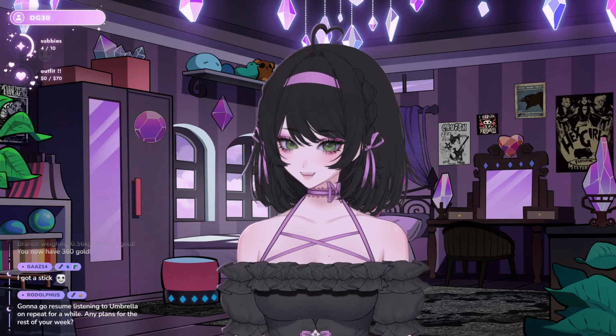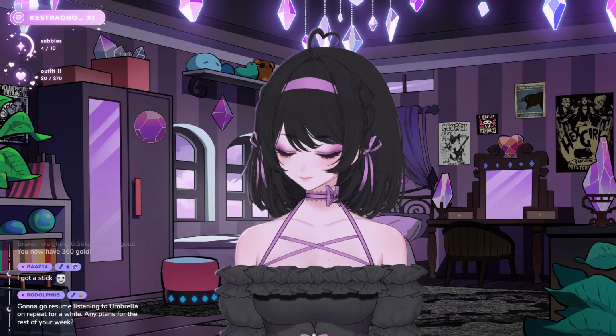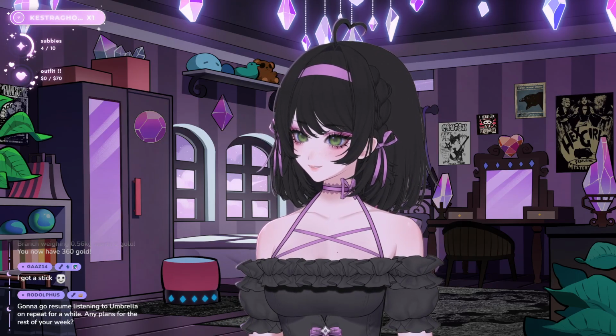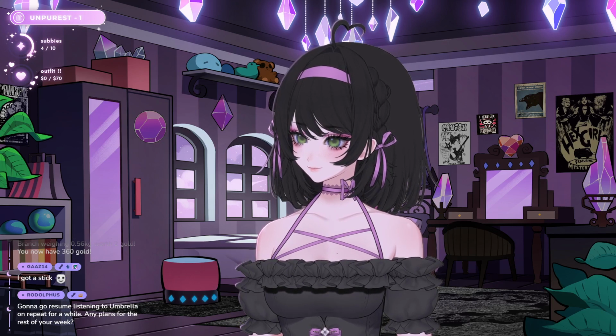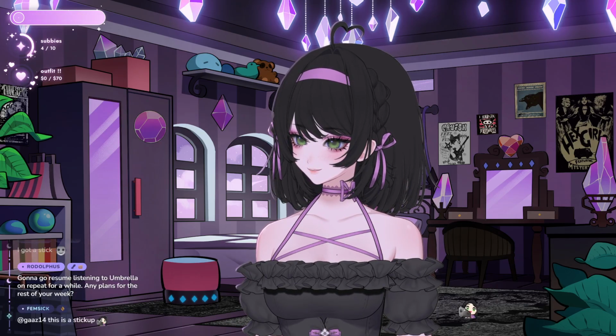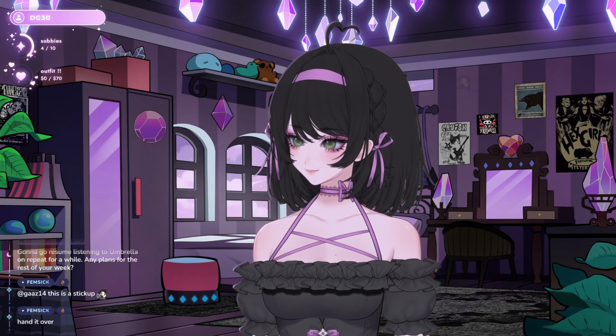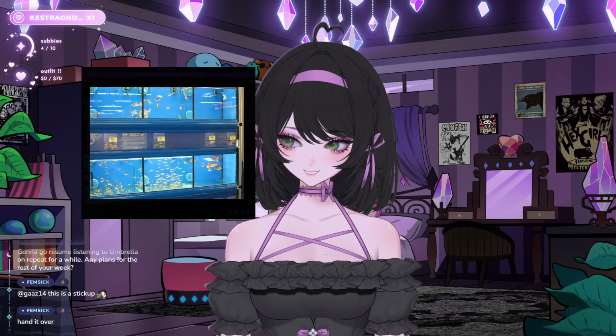Why do I not remember how to crop? Is it Alt? It's Alt. This is not going to look very good, but I don't care. I just want to show off the aquariums, the fish tanks that used to be at Walmart so that Vivi can see.